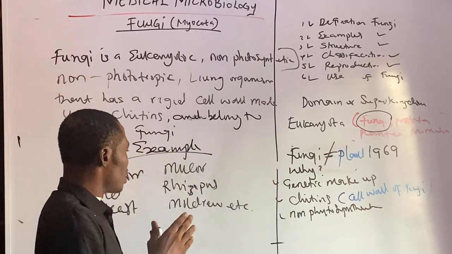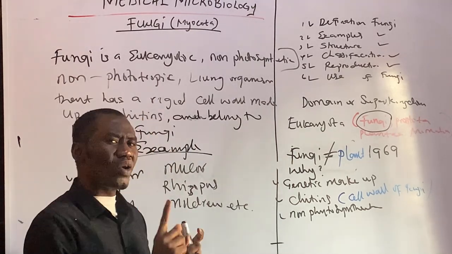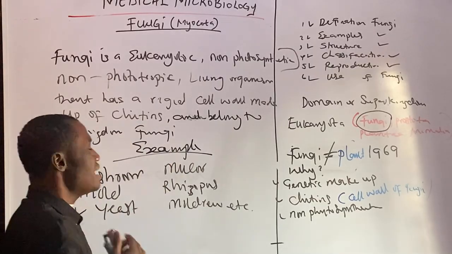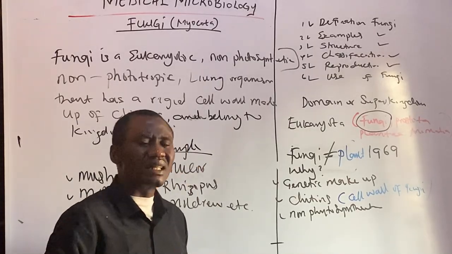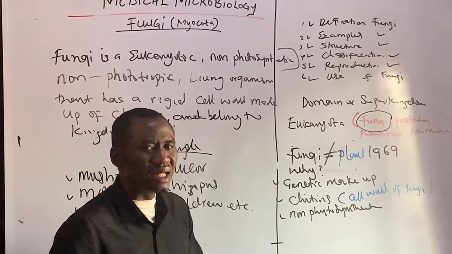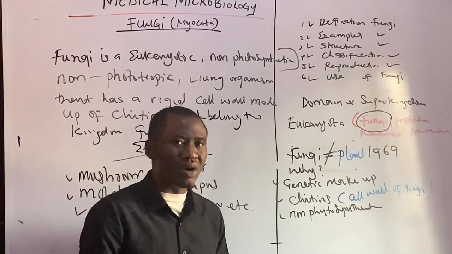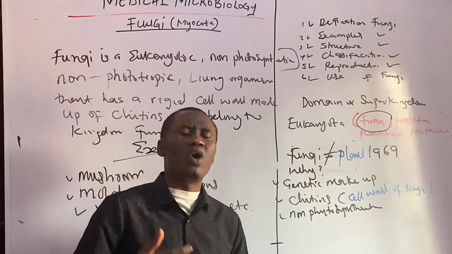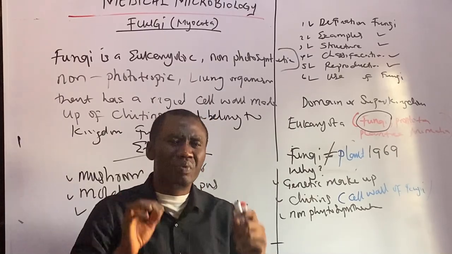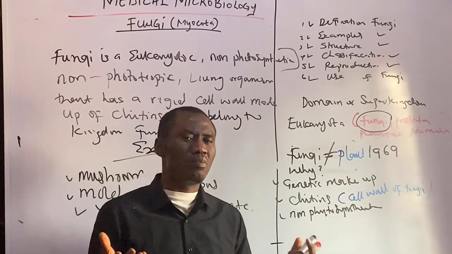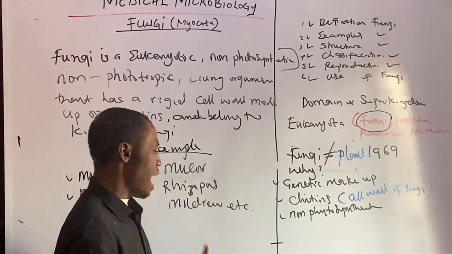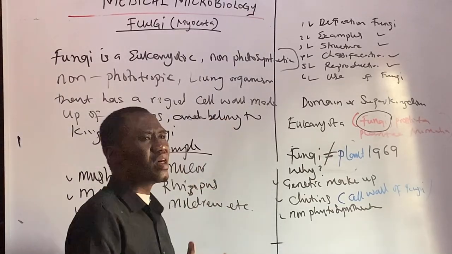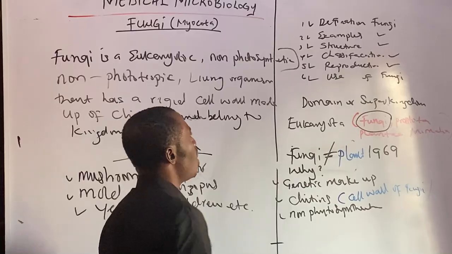Those are parasitic fungi, but we'll also talk about fungi like the yeast. The yeast, like Saccharomyces carlsbergensis, is used for bottom fermentation, and Saccharomyces cerevisiae is used for top fermentation in brewing companies. So these are also important. All these are fungi. And then we look to another thing, which is the structure of fungi.